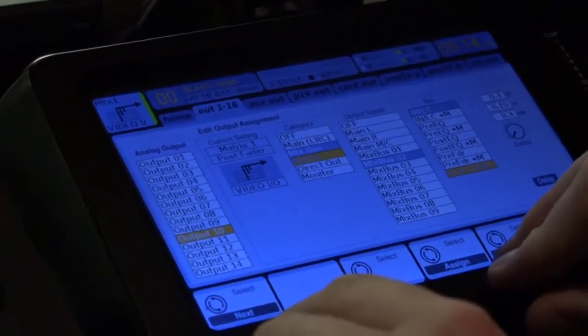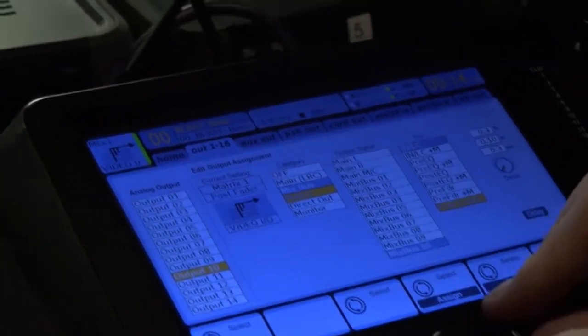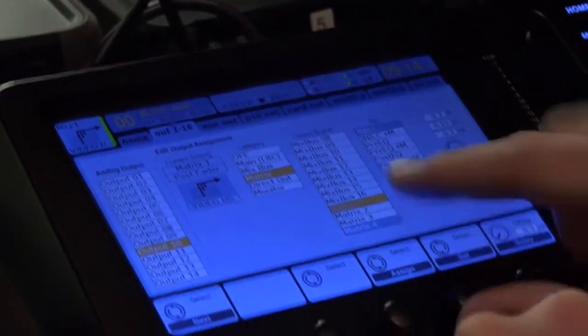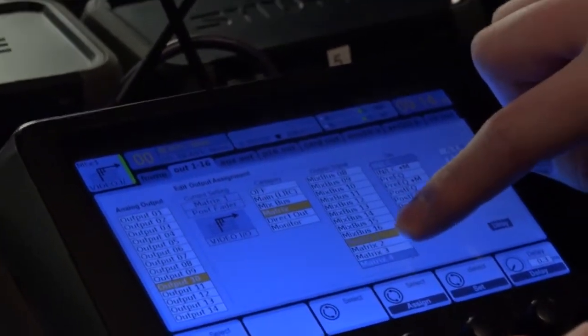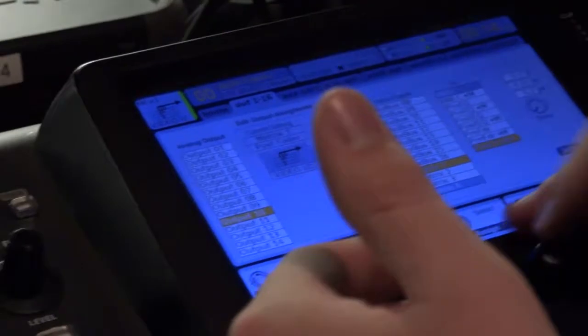What you do is you come over here to the assign knob right here. You come down to whichever one you're going to do. Right now it's selected as matrix 1. You can tell that because it's the yellow one. So if you come down here to matrix 4 and then you hit assign, now matrix 4 is going to be,